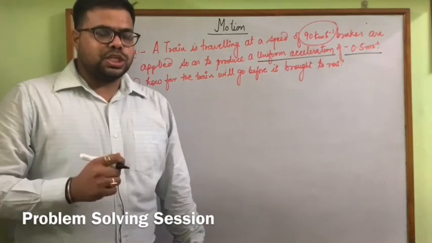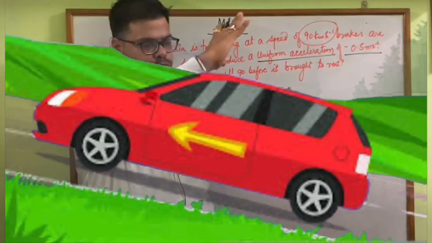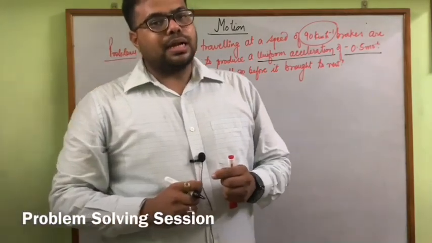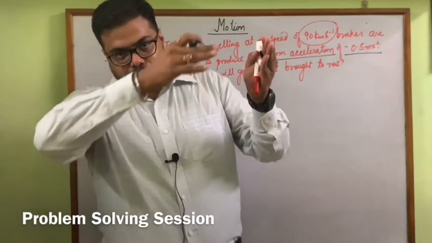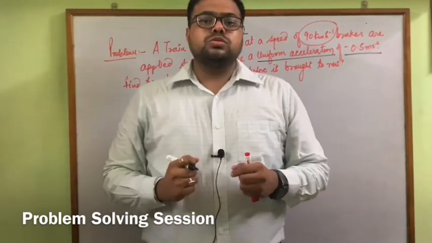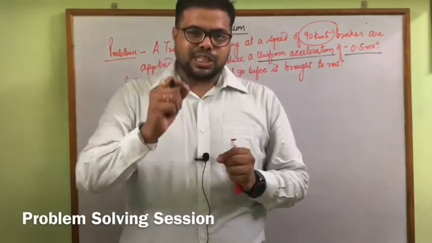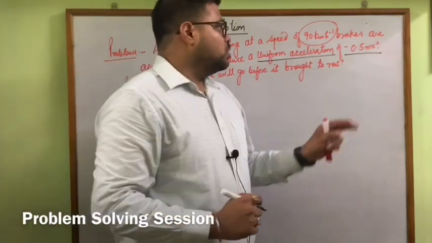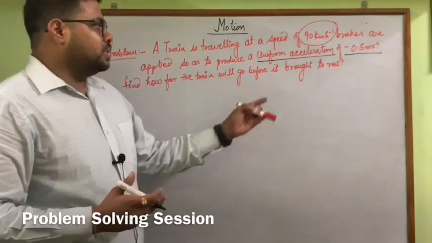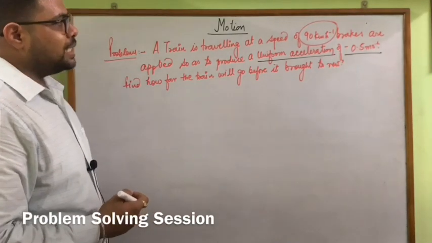kind of acceleration. Suppose a truck is going to move or climbing on a particular hill and suddenly the brakes fail, at that time the vehicle or truck is going to start moving in the opposite direction. So when acceleration is applied in the opposite direction, it is called in physics deceleration or retardation, meaning acceleration in the opposite direction. So no worry, we can take it as acceleration, but here we can take a as 0.5 meter second inverse square.